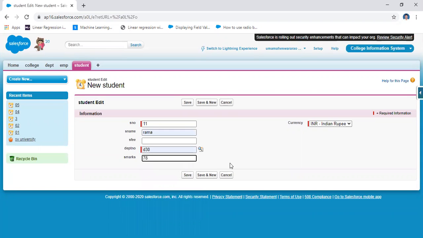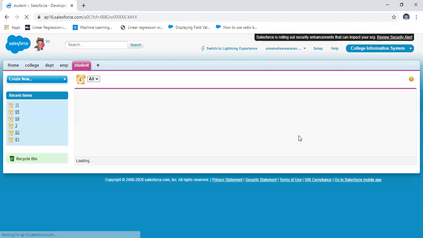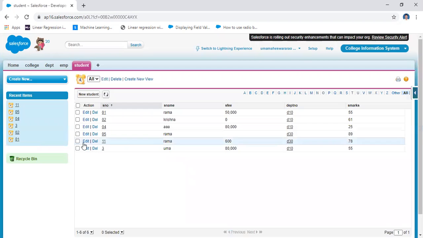That means 78, in the sense greater than 60 percentage, automatically adds the fee as 600 rupees. Save it, and then verify whether it exists or not. Here, the student 11, particular student Rama, the marks are greater than 60, the student marks 78, automatically adds the fee 600 rupees.